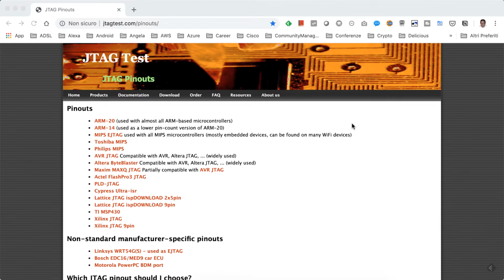Now we will use this information to search on the JTAG test website and try to find a JTAG connector with 10 pins and with VCC and ground in the same position as in our device. We know that our system on a chip is based on a MIPS architecture, so we look at the MIPS JTAG pinout, but